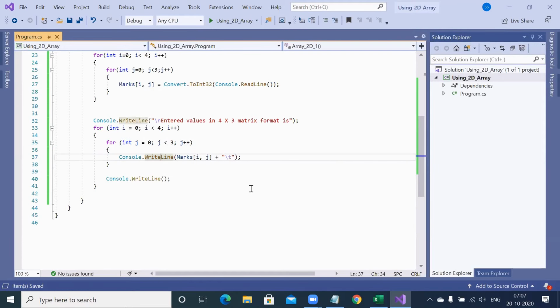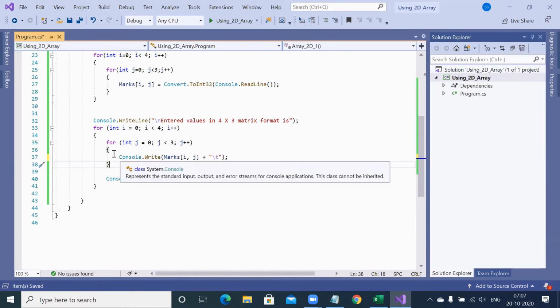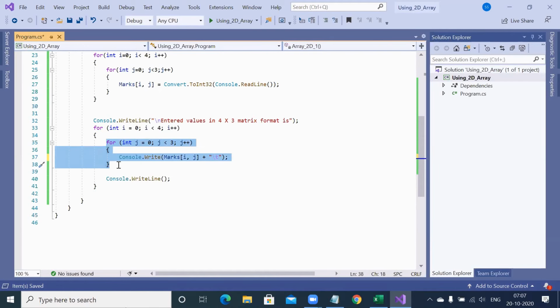That means here it should be write instead of write line. When 3 values have been displayed, that means the inner loop has been completed. Then the moment it's coming out, I don't want the cursor to continue in the same line. I want to take that cursor down. So I wrote console.write line. That means it will take the cursor down. Then it will go and increase the value of I from 0 to 1.